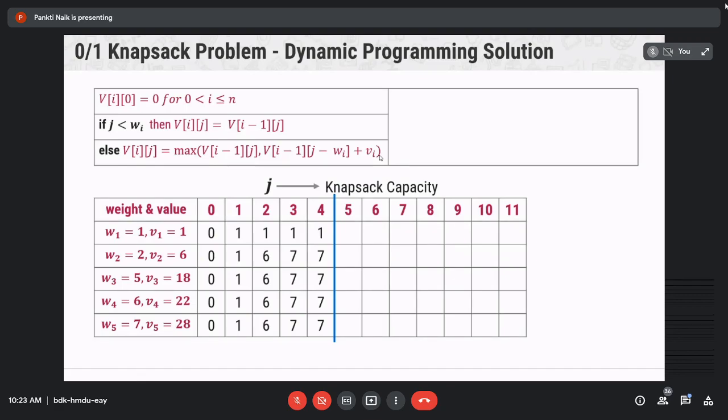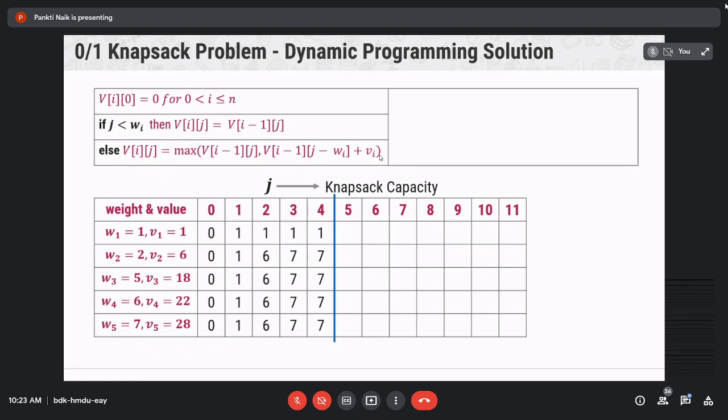In your notebook, you have to write down each and every step properly: the value of I is this, J is this, W is this, Vi is this, and J is less than Wi or J is greater or equal to W, then we follow this equation, then put all the values into this equation.